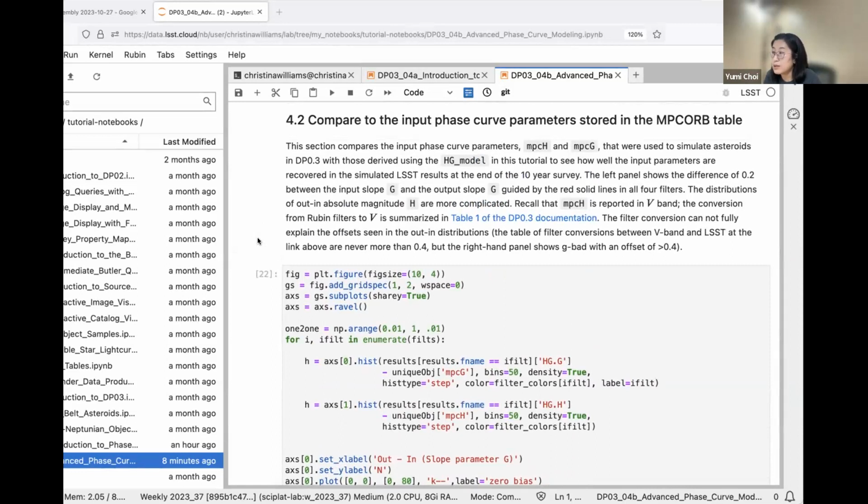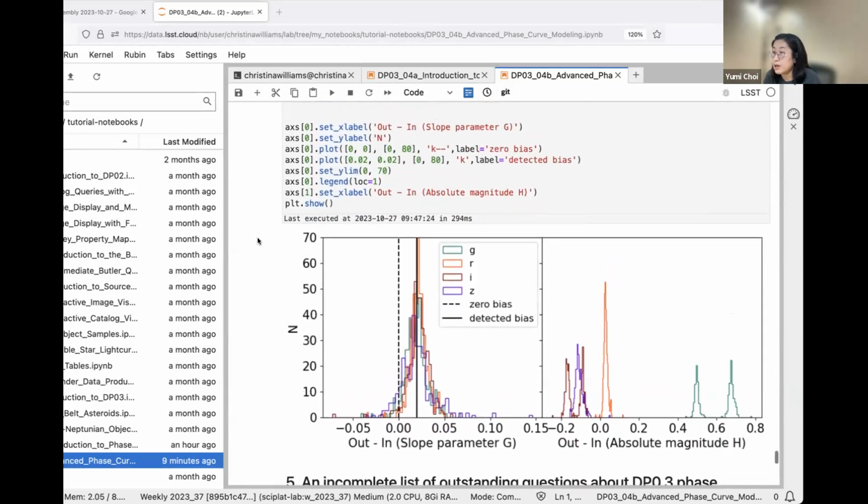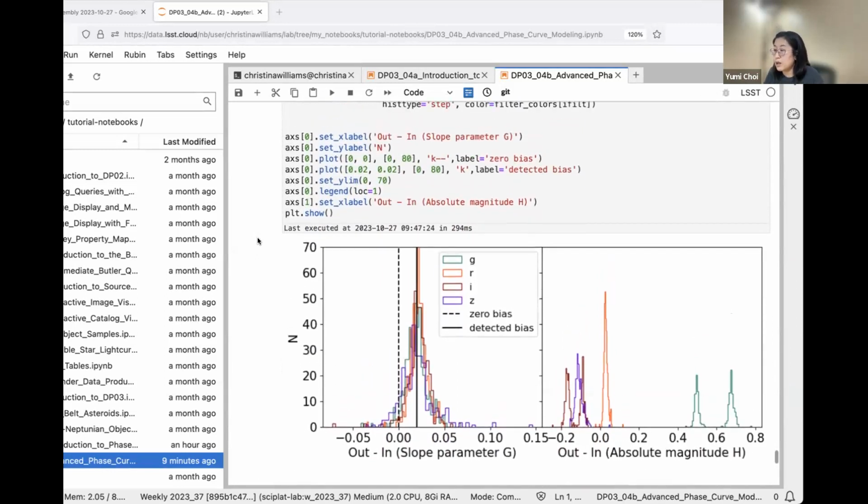In the plot we compare the output and input. Output is what we derive from this notebook, and input is the values stored in the MPCORB table. In the slope parameter, for some reason, in all four bands, we see a bias in the output result.